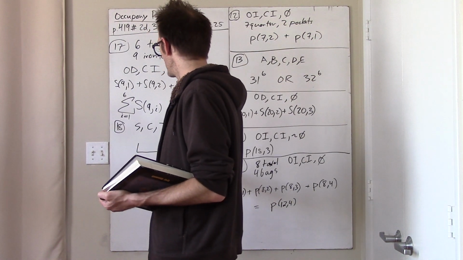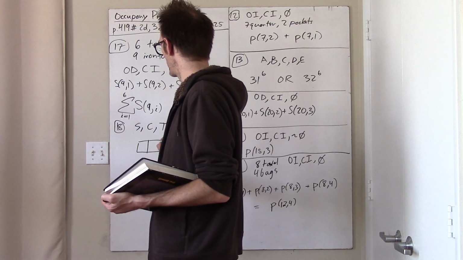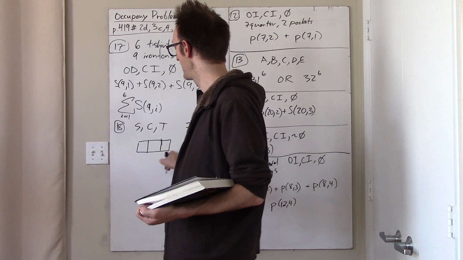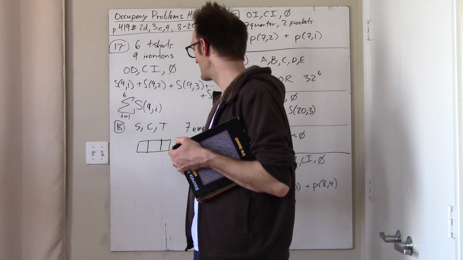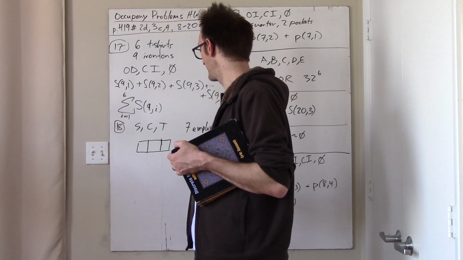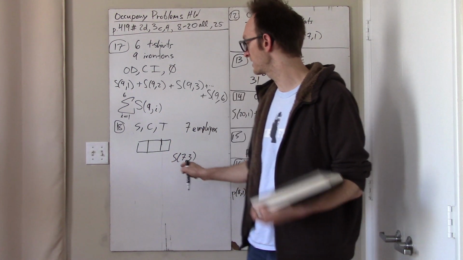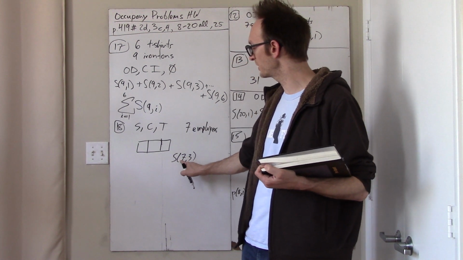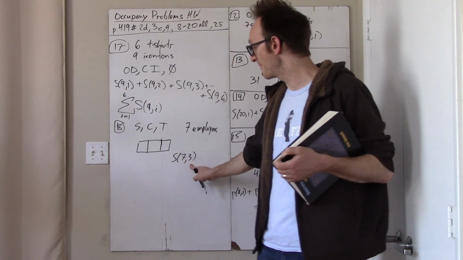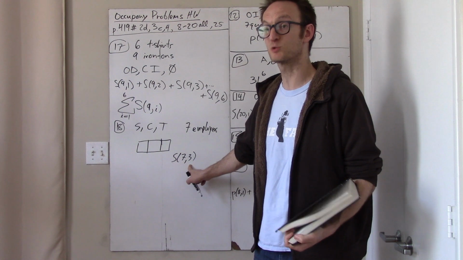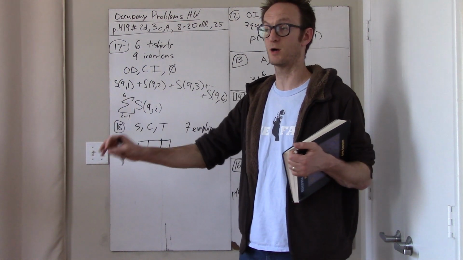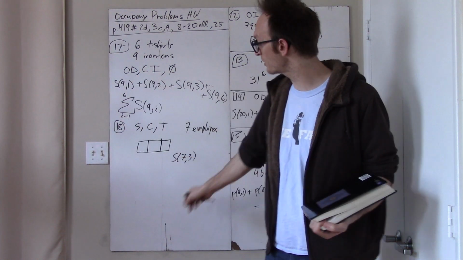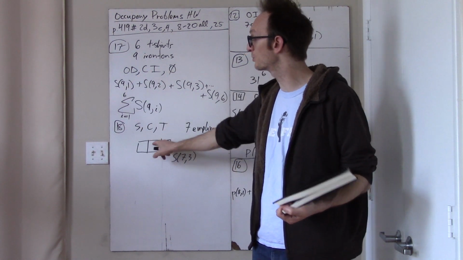And so what we do is we imagine that there are these 3 containers totally indistinguishable, and how many ways are there to put these 7 people into these 3 containers? Well, that is S(7,3) exactly, right? S(7,3) is the number of ways to distribute 7 employees into 3 different piles. But now that we've put them in those piles, it doesn't just matter which employees are with which other employees. It also matters what they're being assigned to do. And so